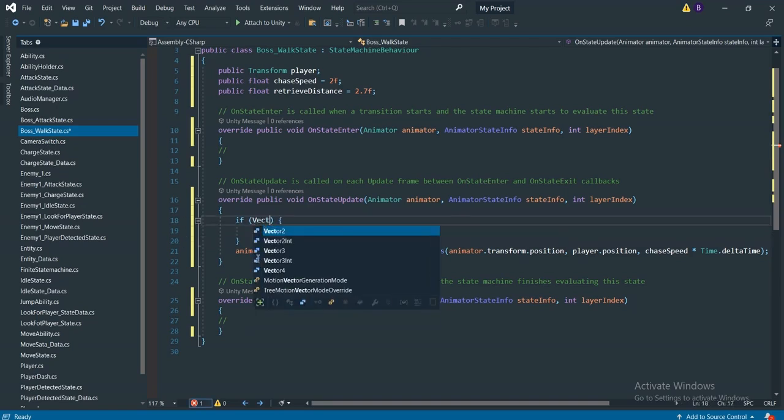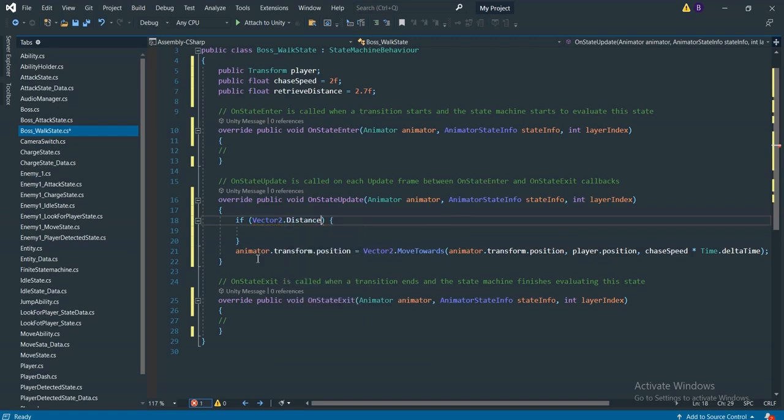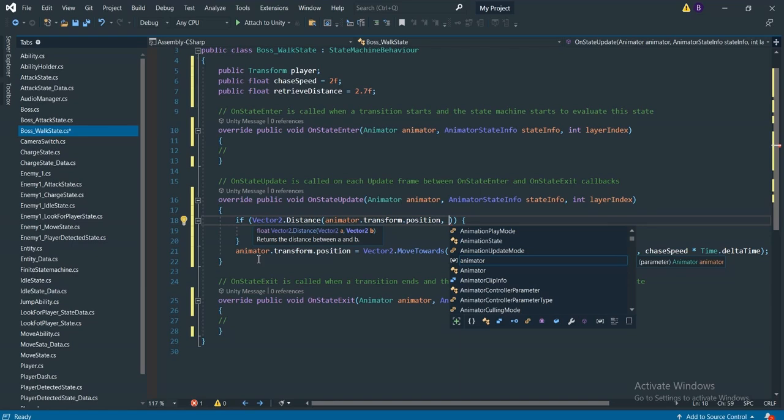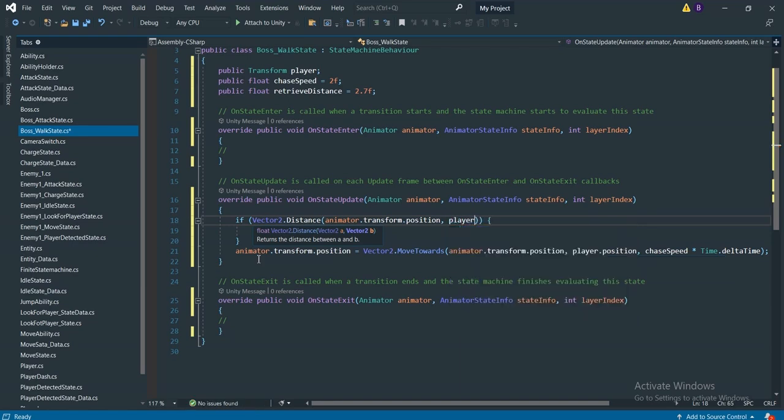We need to use this Vector2.Distance function in order to check the distance between them, and then make this first bracket. This function Vector2.Distance takes two positions and compares between them. For the first position we're gonna pass itself, so animator.transform.position, basically the current position of that boss game object, comma, second thing, we're gonna pass our player position. So we're gonna simply pass player.position, and if the distance between them is greater than retrieve distance,